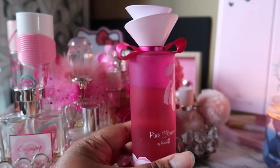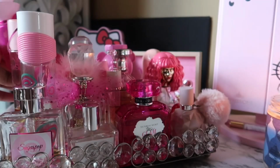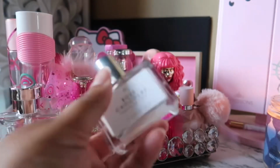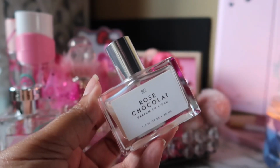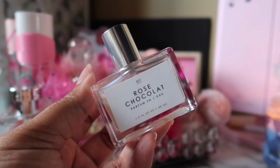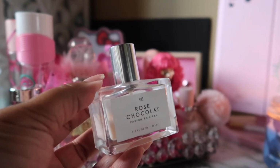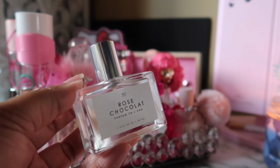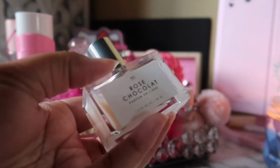And as you can see, I don't have a huge dent in this because it is very strong and you don't need a lot, but I do still love that perfume. This next one is Rose Chocolat, and this is from Gourmand Beauty. I did find this in TJ Maxx, and I am upset that I did not get a backup of this because I love it. It's just like a sweet floral chocolatey, delicate type of fragrance, and I found this